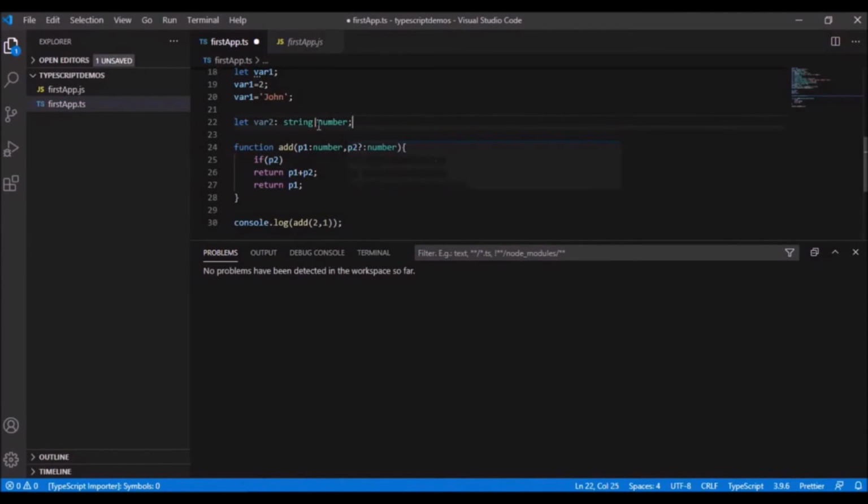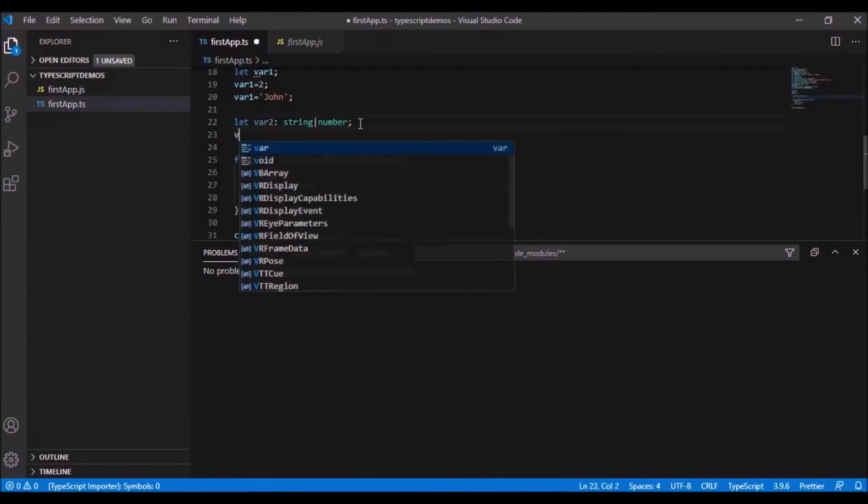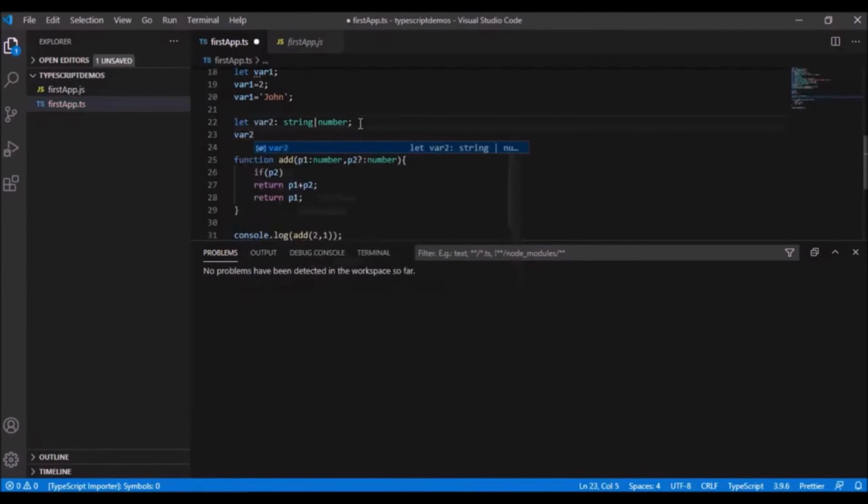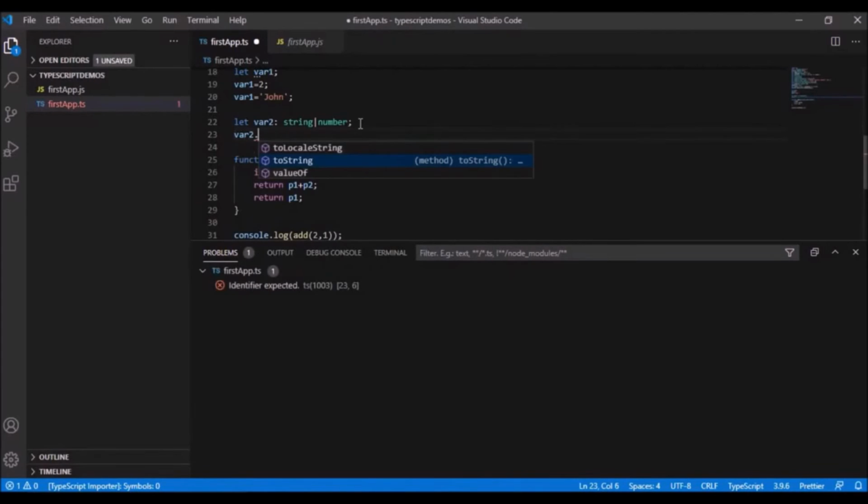Then I have to simply say pipe and then the other expected data type, right? So whenever I type the variable name and a dot, it would show me the methods in the IntelliSense according to the type declared, right?